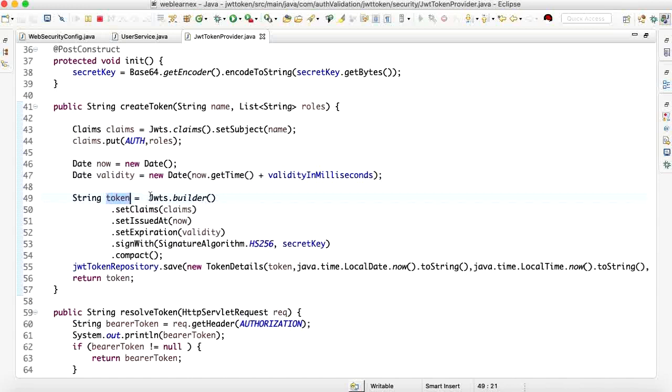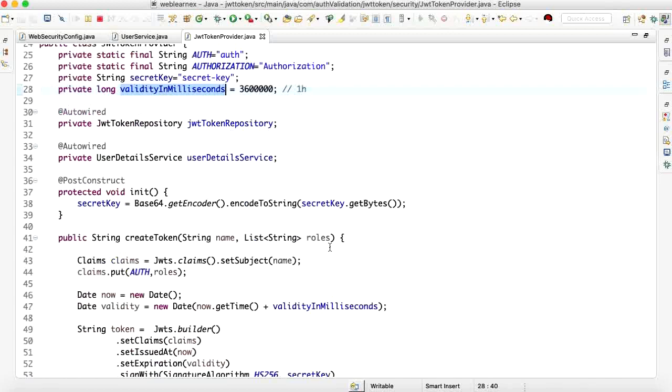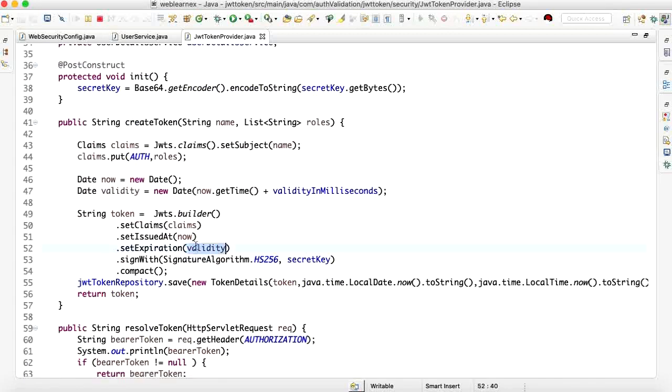So what is the mechanism to create the JWT token? There is the JWT builder with setClaim, where the claim is the user information, then the issued date. I have set it to now, meaning the current date and time, and the expiry date means the validity.